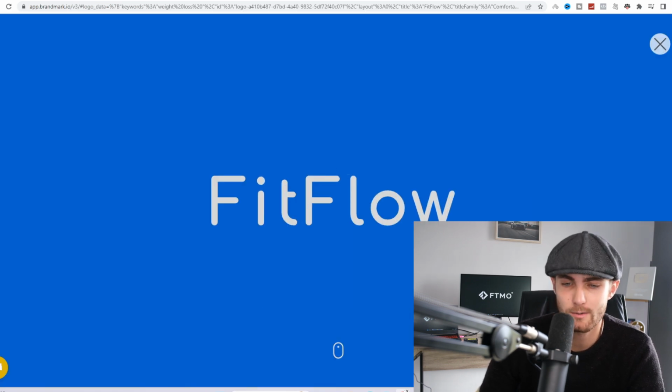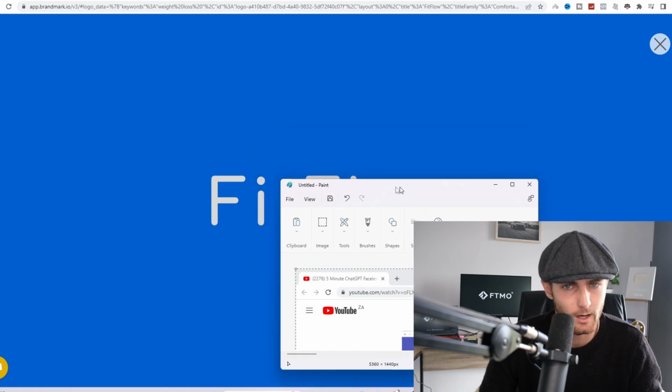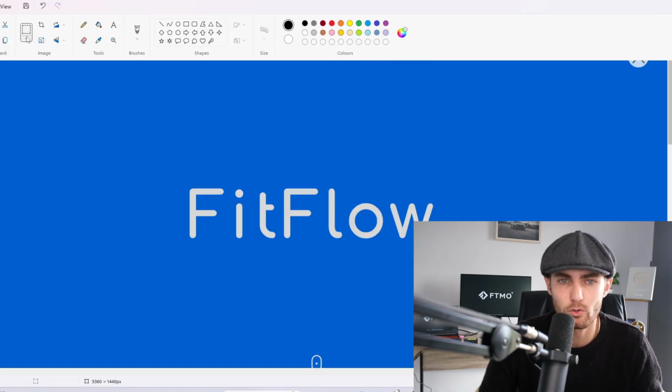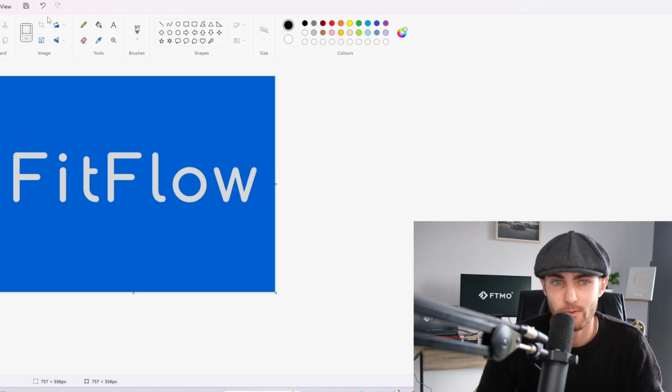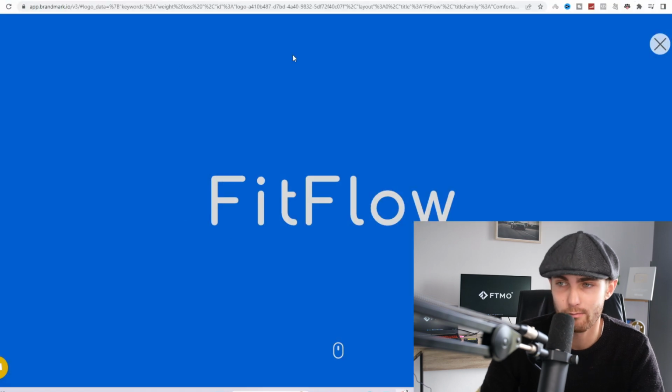You can click on this image, you can click screenshot on your PC keyboard, or just use a free screenshot tool on Windows or PC, or you can use a free screenshot tool downloaded from Google. You can then crop out this picture using Paint on Windows. So I'm just going to save this to my PC, and you have a done for you logo,